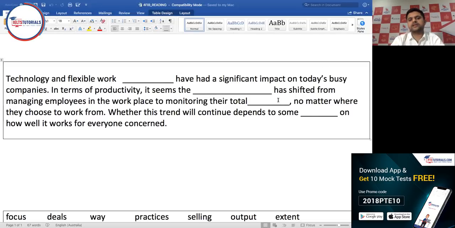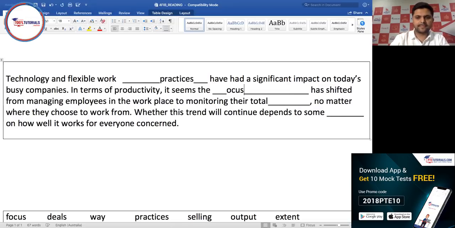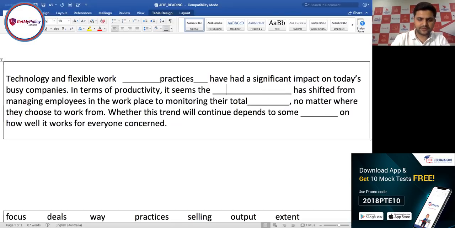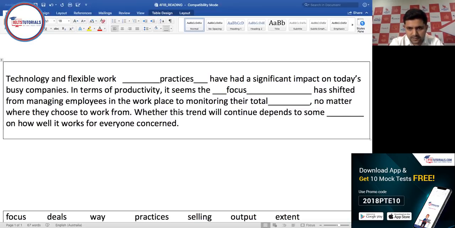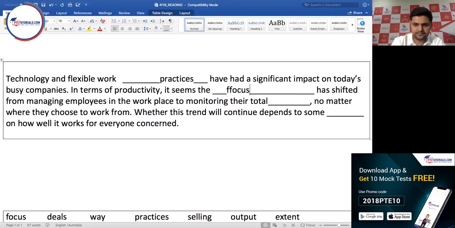Now coming to the text, it has become clearer for us, because we already have the word practices and we have the word focus. Now the entire thing is becoming much clearer to us. The idea is becoming clear that technology and flexible work practices have had a significant impact on busy companies. And in terms of productivity, it seems the focus has shifted from managing employees in the workplace to monitoring their total